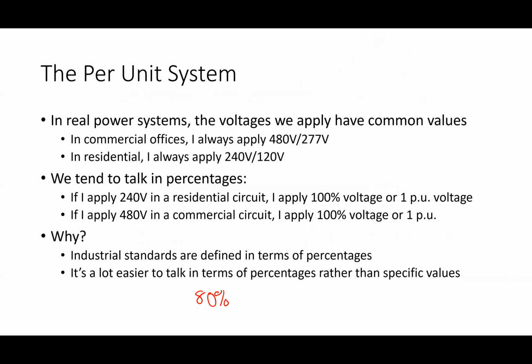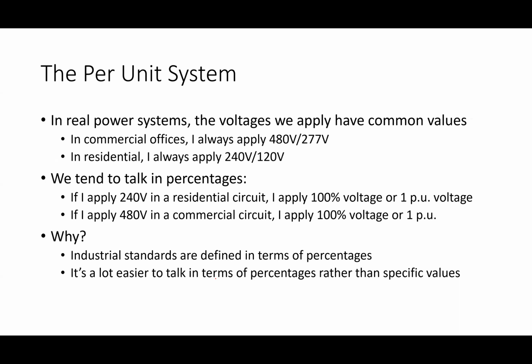It is not rated to operate that way. It doesn't matter if that's a motor that's connected to a 4160 volt system or 120 volt system. All motors are designed to operate with at least 80% of their rated voltage. So for that reason, if you talk to a power systems engineer, they talk in terms of per unit